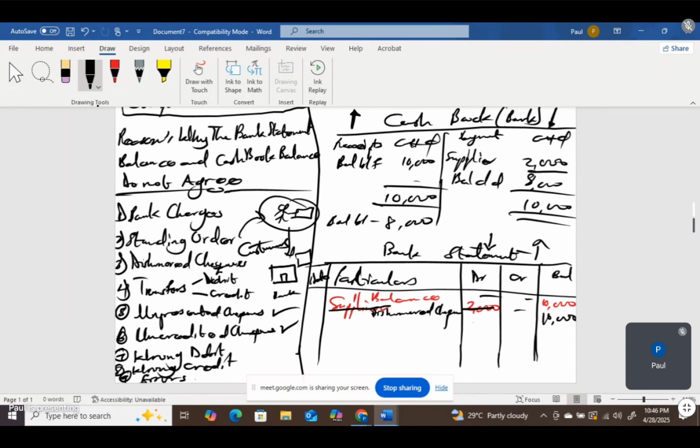Your bank account balance. So that one too, you would have to write to the bank. Oh, please, this check that I presented to you, you guys have not credited it. The one presented to, oh, I wrote some checks to suppliers, but they are yet to present it. So when they present it, this is what my account balance will look like. So all these two transactions that I've ticked, we treat them in the bank reconciliation statement